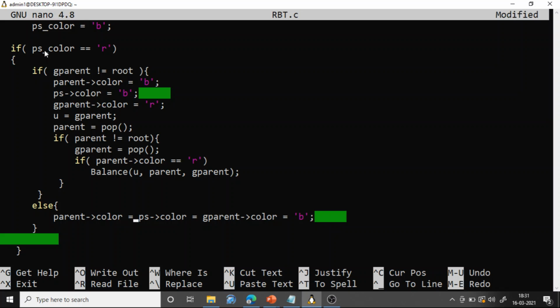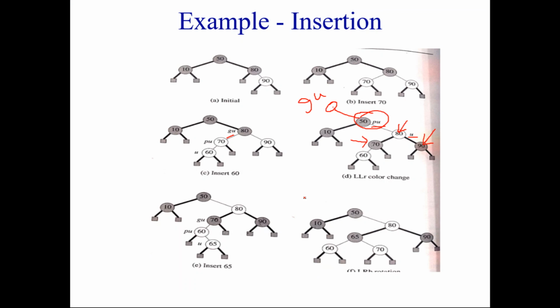So I am trying to explain the else part, that is, if the parent's sibling color is not red, then we have to rotate. If the parent's sibling color is red, but grandparent is not the root node, but the grandparent is the root node. This if is for grandparent not the root node, else is grandparent is the root node. If grandparent is the root node, then what will you do?